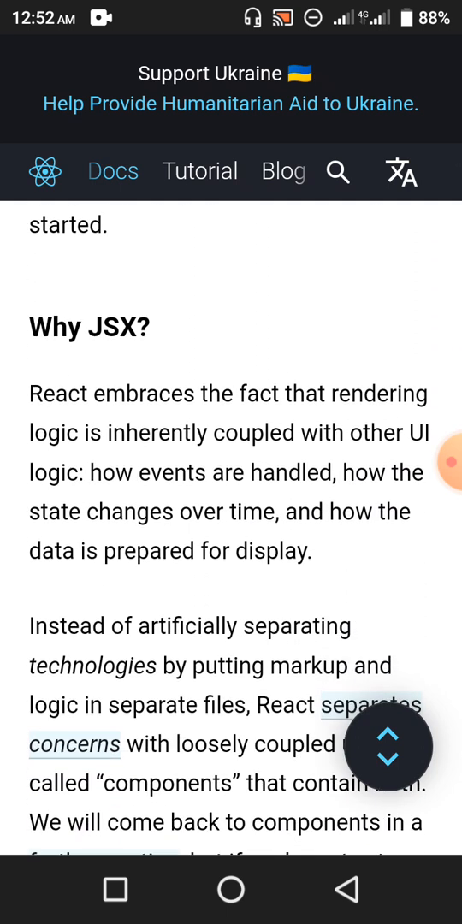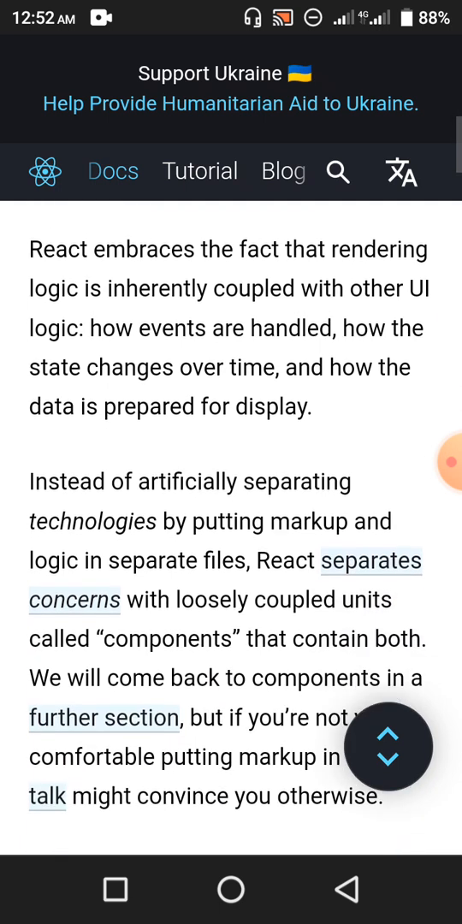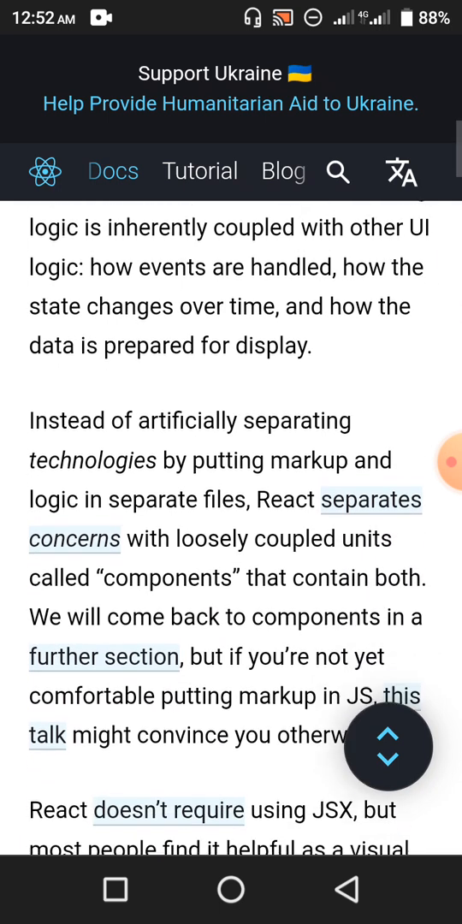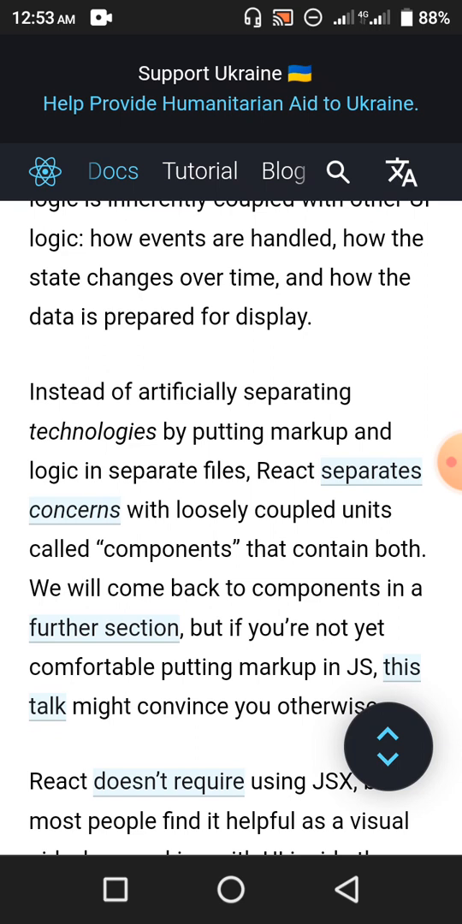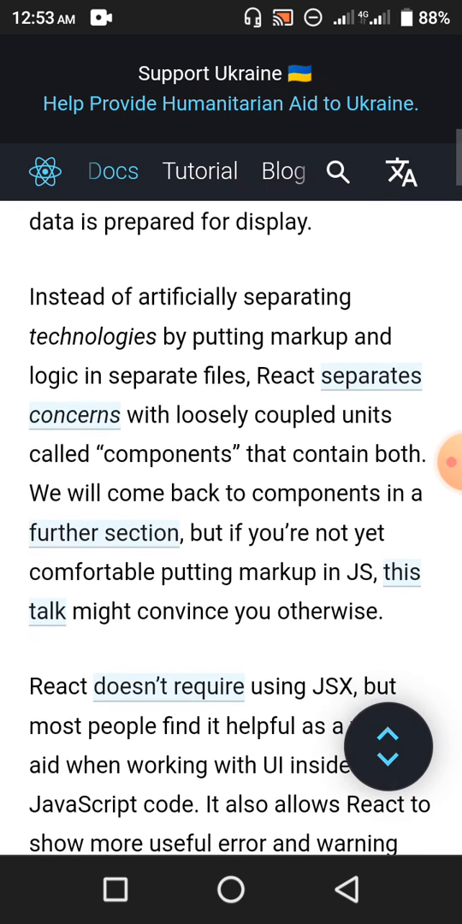React embraces the fact that rendering logic is inherently coupled with other UI logic, how events are handled, how the state changes over time, and how the data is prepared for display. Instead of artificially separating technologies by putting markup and logic in separate files, React separates concerns with loosely coupled units called components that